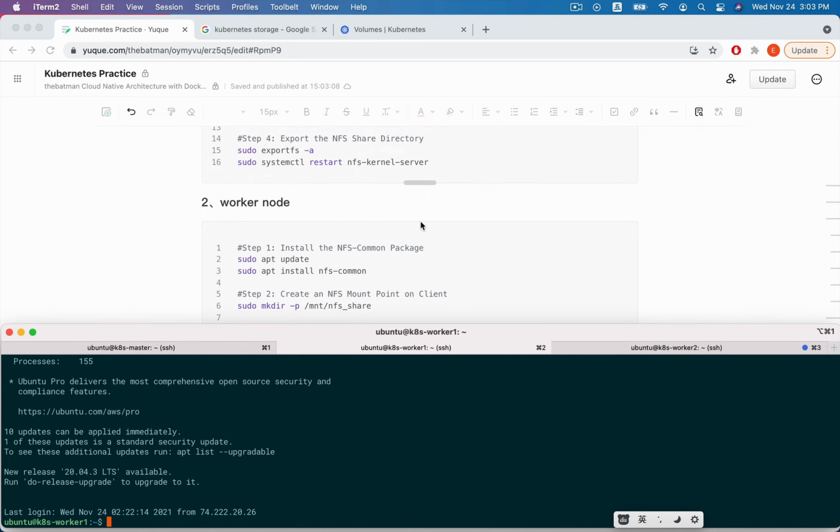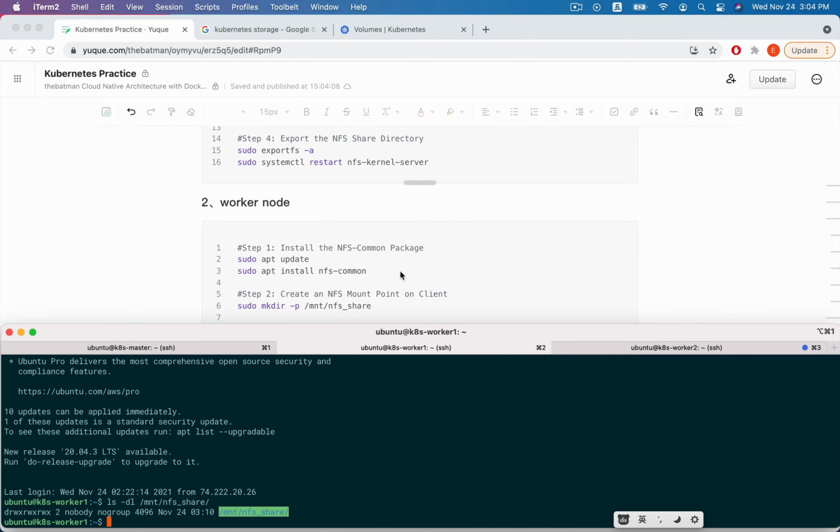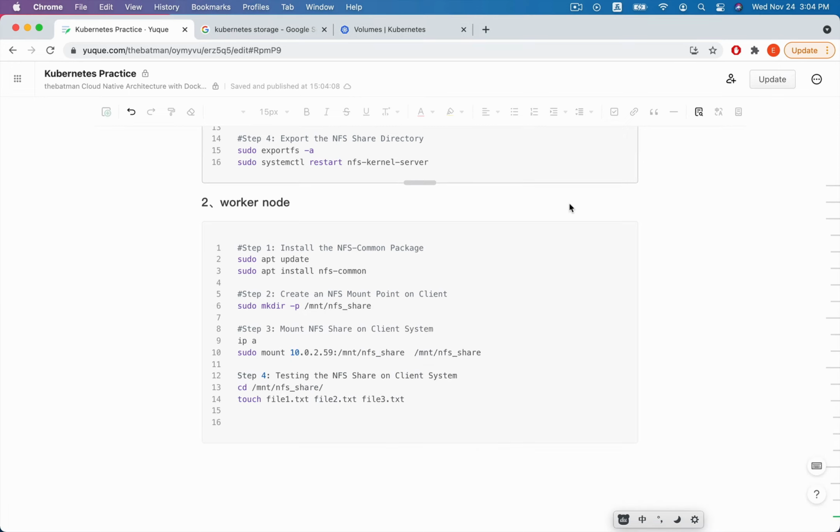So we are in the worker node. First we also need to use apt to update the package and install the nfs-common package. We can use sudo apt install nfs-common and create an NFS mount point on the client. Yes, we can see also the shared directory.